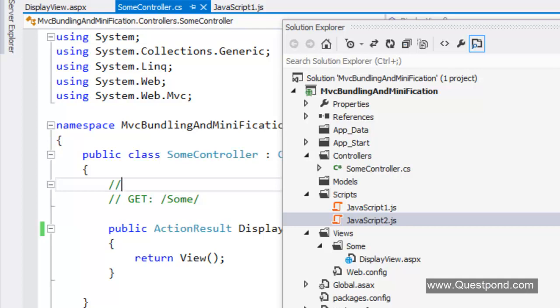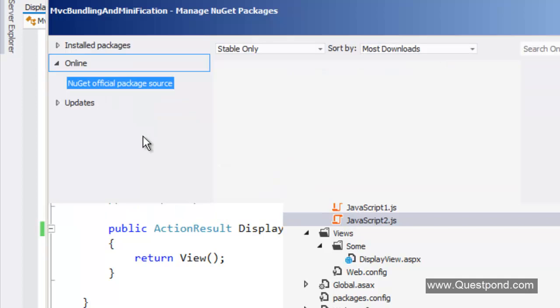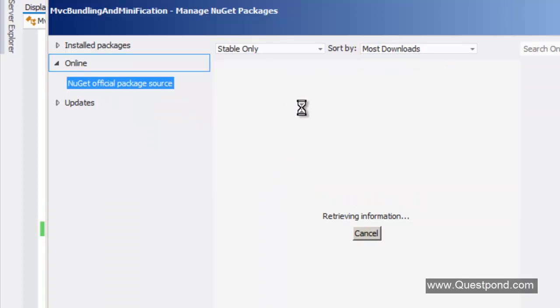So what we'll do is we'll use NuGet to get a reference to System.Web.Optimization. In case you are new to NuGet, my suggestion is to go and see the video on NuGet so that you can understand the fundamentals of NuGet. In this video, I'm not going to explain what NuGet is. But for now, I'll go and invoke NuGet here, and I would like to search online